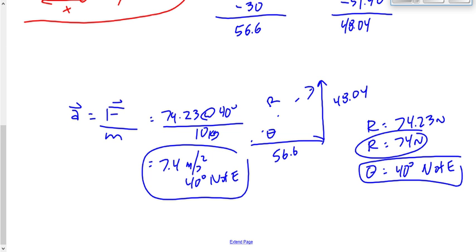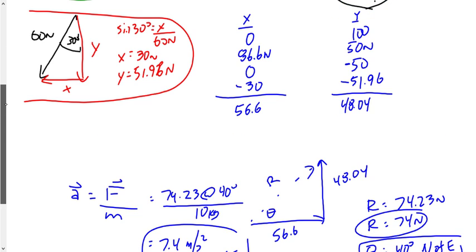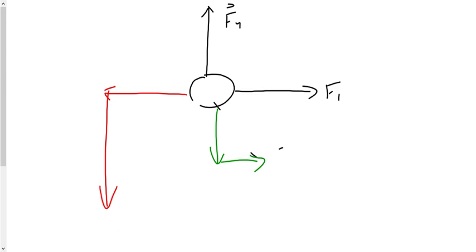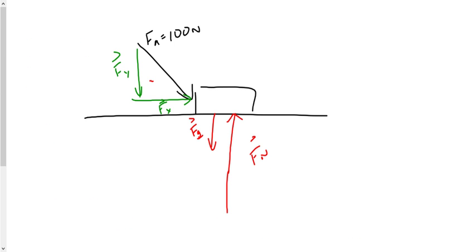Quiz tomorrow, going to be a little bit of a surprise. You're going to get one question. It's either going to be a question like you just did, or it's going to be a question like this, where we're pulling it at an angle of 30 degrees and it moves horizontally. I want to see tomorrow not only if you can do that question, but if you can distinguish between the two questions, right? This question where the y components completely cancel